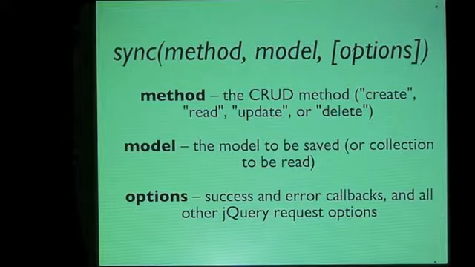So the method is the CRUD method: create, read, update, or delete. The model is the model that you want to save, or the collection that you want to read in. Collections don't get saved. You have to save each model,